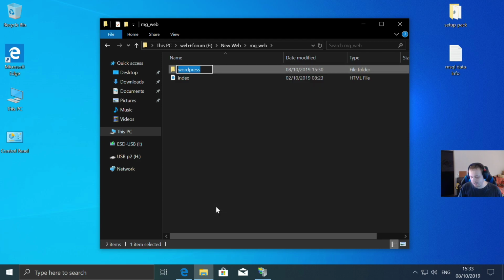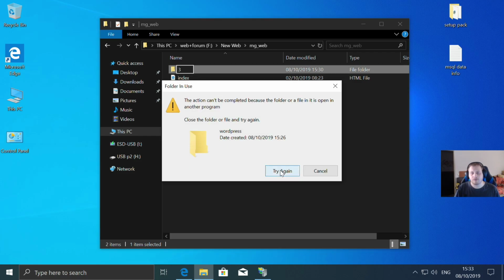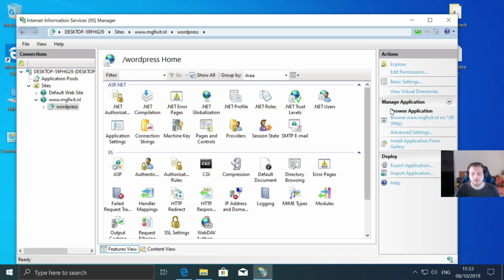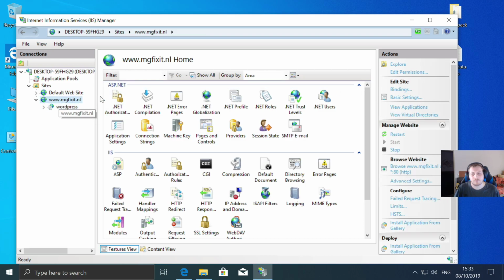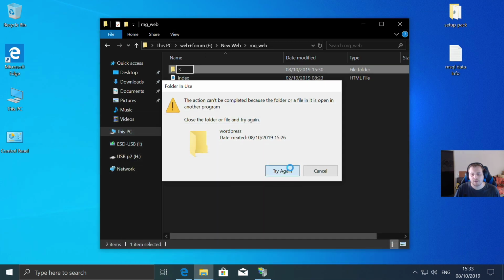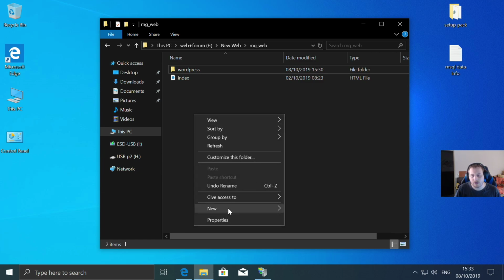So just going to rename this to folder number 3, because that's what we chose to do, and this might be an issue. So we are going to stop all services for this, and try again. It should do it. If not, then we just create a new folder